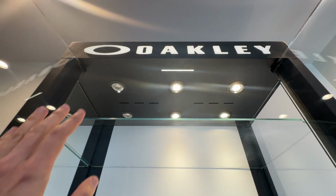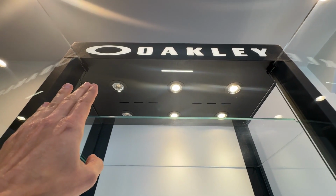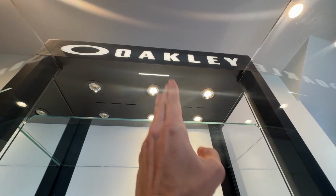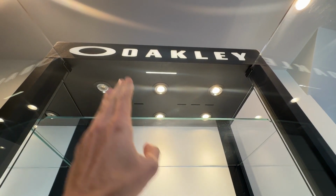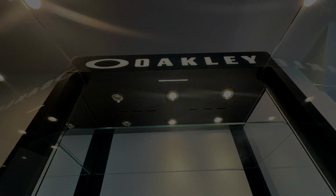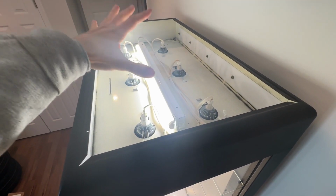Okay, for whatever reason, the far left-hand side lights are not lighting up. And that's the furthest run over to the distribution block. But as you can see, the right-hand side and the center lights are lighting up fine. So I'm gonna have to take off the top panel and figure out what's going on with those harnesses and whatnot. So, all right, I got my Allen wrenches and removed the top panel